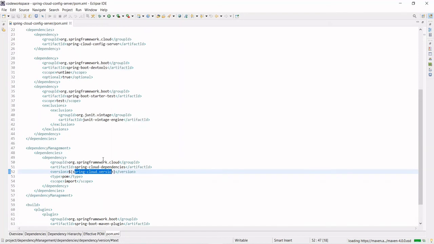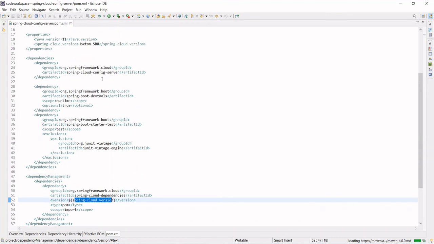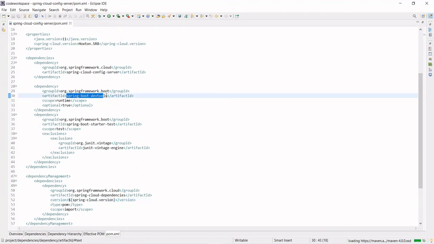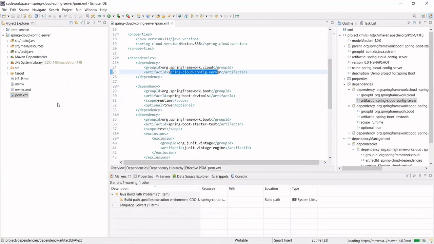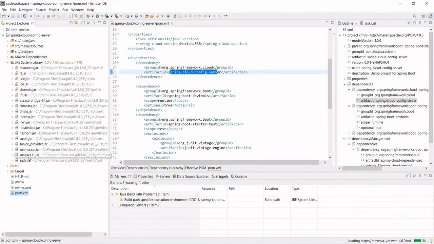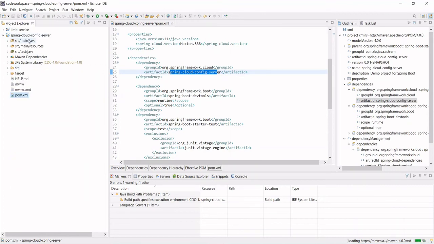It will download the jar file, and we have added the dev tools, Spring Boot dev tools, and the Spring Cloud Config Server. So these are the main two dependencies we have added, and based upon this it has downloaded all the required classes and the jar files. All the dependent jar files will be here only. So we have set up the Spring Cloud Config Server.